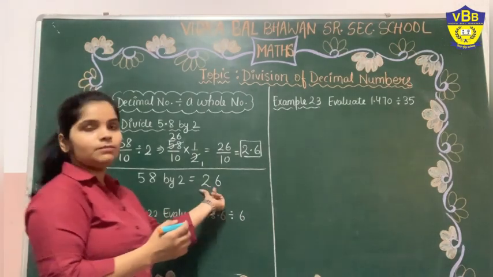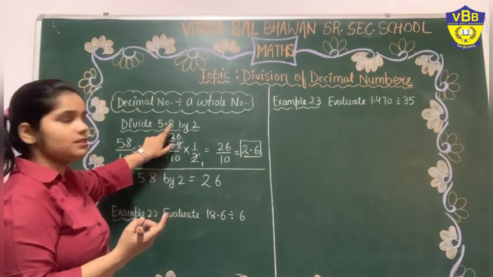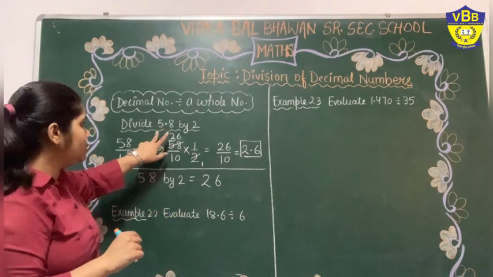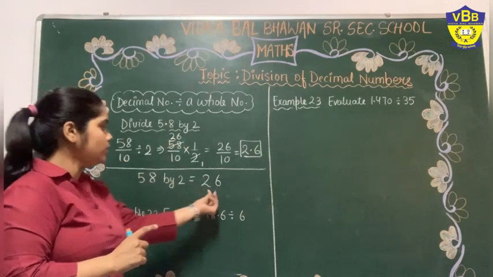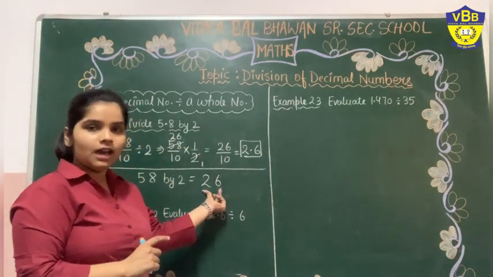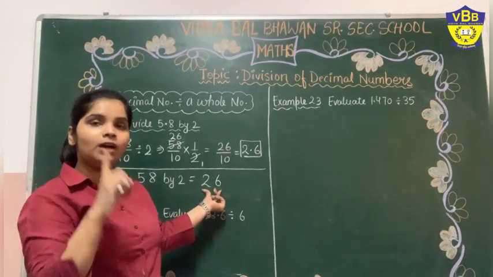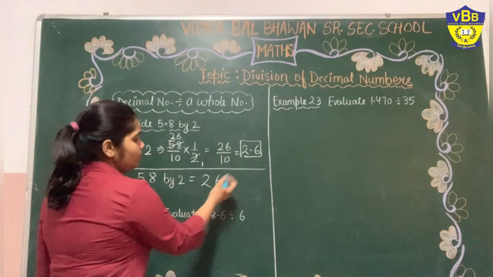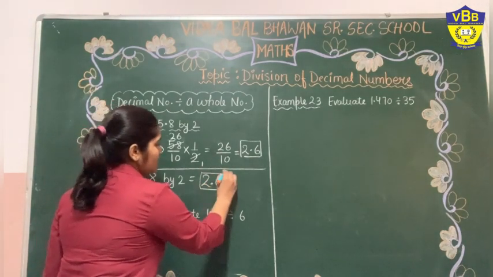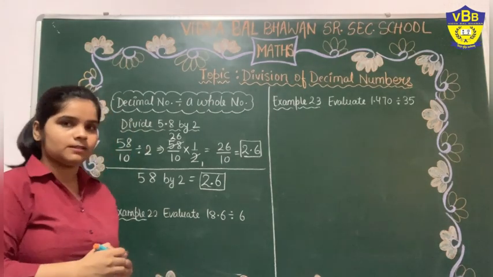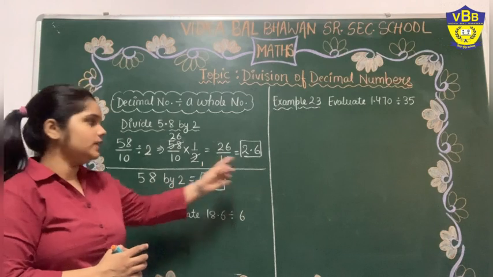Now, place the decimal by how many places? The places the question is having. Now this question 5.8 is having one decimal place. So the answer by dividing these two numbers, 29, will also have one decimal place. So from the right side, place the decimal after one decimal place, the answer is 2.9. Use either method, you will get the same answer.